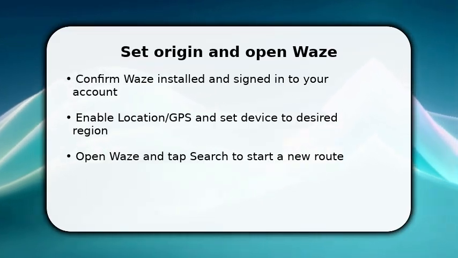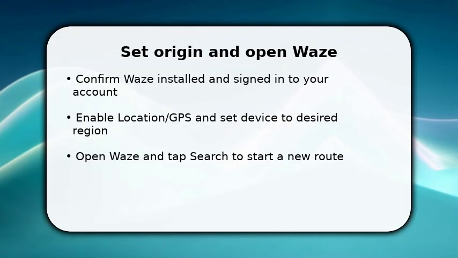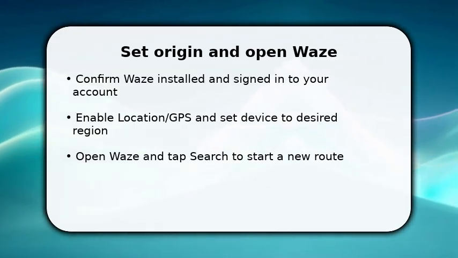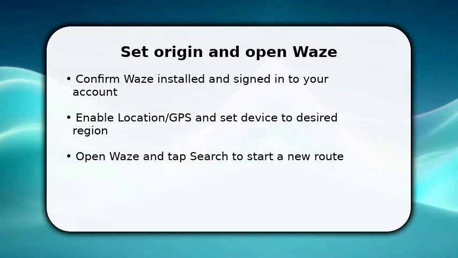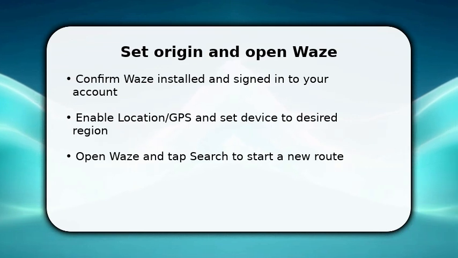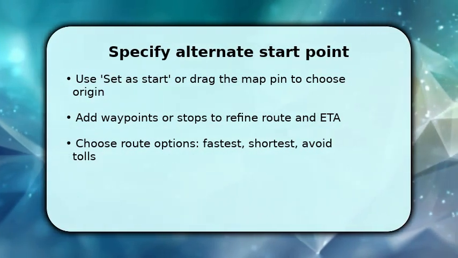Instead of typing your current place, press the three-dot or menu to change origin. Enter the different starting address or pin it on the map. This tells Waze to treat that location as your departure point, so it can calculate realistic travel time and turn-by-turn directions. Once your origin is visible, tap and hold the map pin or use the menu option to set as